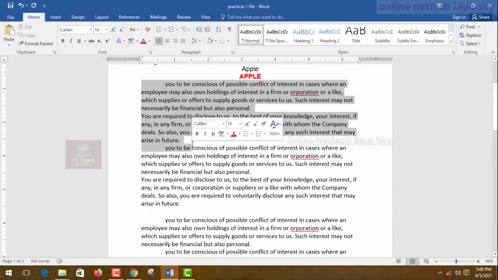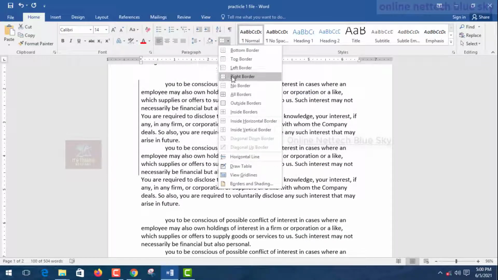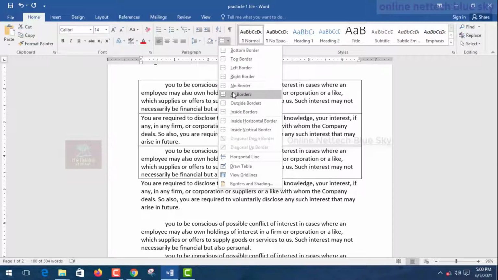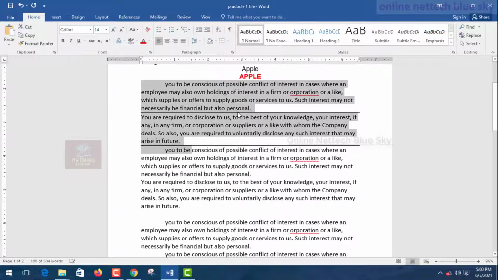Again, I'm selecting the next option. You can see here these Borders. Add a border, or remove a border from your selection. So I want to enter a border on my selection, left side, right side, and every side. You can see this is a border created. So where are borders used? A lot of systems use them, basically newspapers, some algorithms, some visual characters, some visual creators, different types of systems.